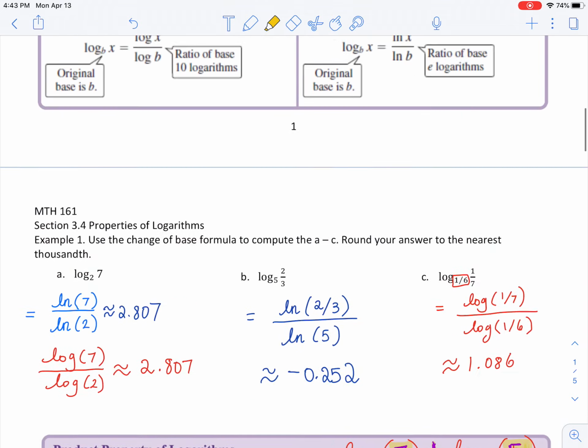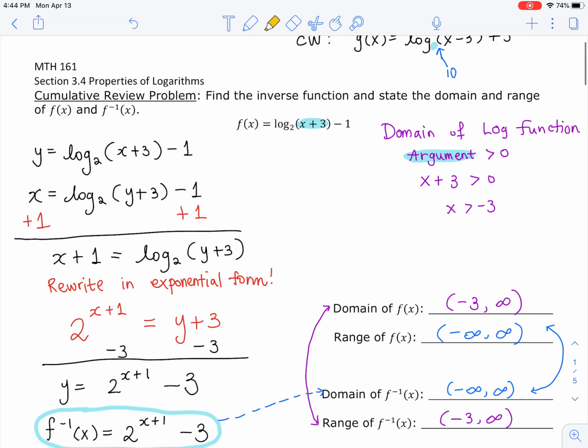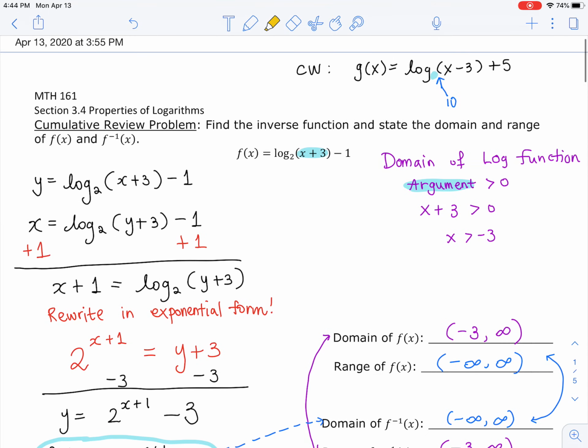But if you want to take a quick break and try that review problem where you have to write the logarithmic function as the exponential function, the inverse function problem, feel free to do that and submit that by this Sunday for me, okay? But I will be back with the second video going